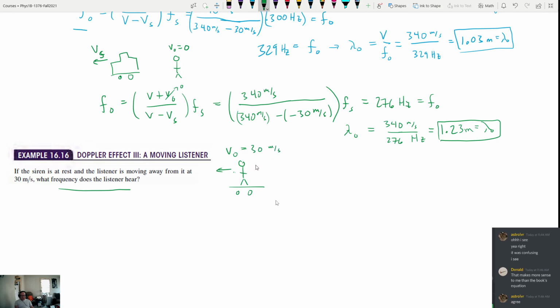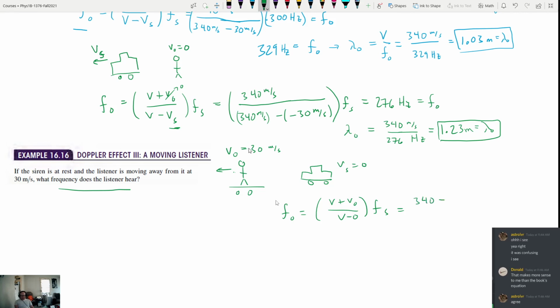It's actually going to end up being negative, but I'm just going to put that in at the end. And now our siren is sitting still, so Vs is equal to 0. So now F observed is going to be V plus VO over V, because Vs is 0, so the term is 0. So I'll put minus 0 times Fs. But when we plug the numbers in, it's going to be 340 minus, we're going to make VO